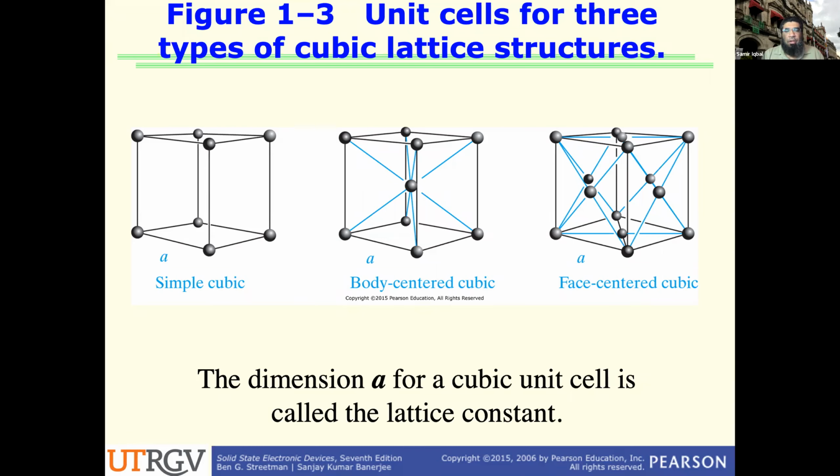And what you can see here is if I take one front, in that 2D front, how many atoms would be there? You have to only include the atom that falls in that 2D. So if you just slice that part in that front square, you would have only 1/4 contribution from one atom in one corner, and from each corner you have 1/4 contribution. So the total contribution in that one square would be